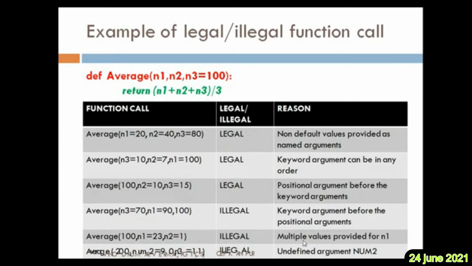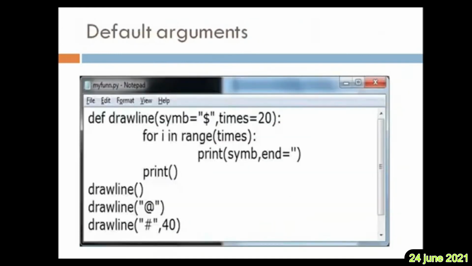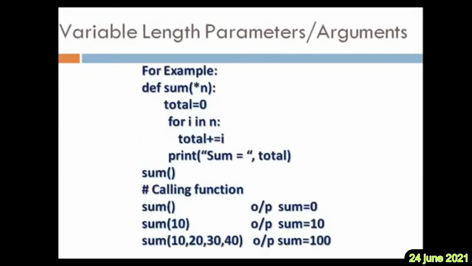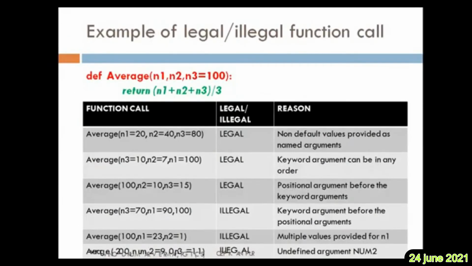So you should be very careful while combining the types of arguments, like positional argument, keyword argument, named argument, right? And the types are by default, keyword, positional, and variable length. You can use a combination of all these three types of arguments, but you should be very careful. When you work in the Python interpreter, you will definitely come to know what kind of mistakes there are and why it is giving an error. And in our next class, we will write some simple functions, how to write them, how to pass the arguments, and how to use them.